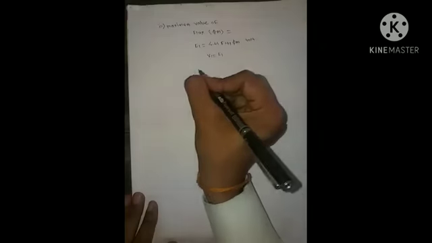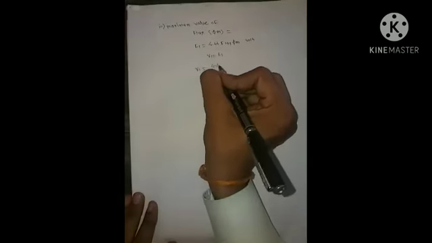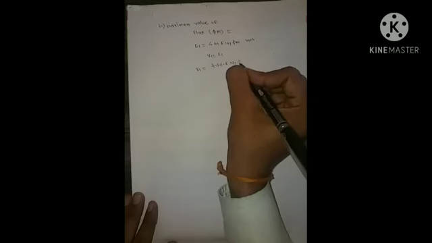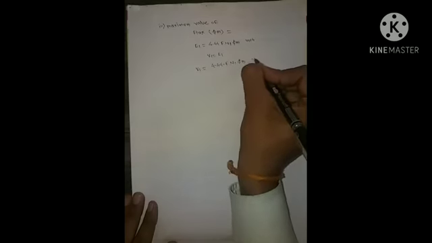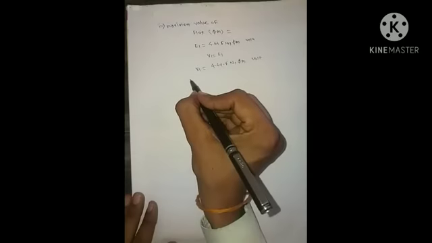Because of that, we can write here V1 equals to 4.44 F N1 phi m volt. After putting all the values, we will get